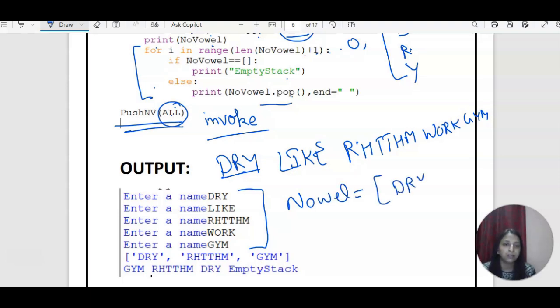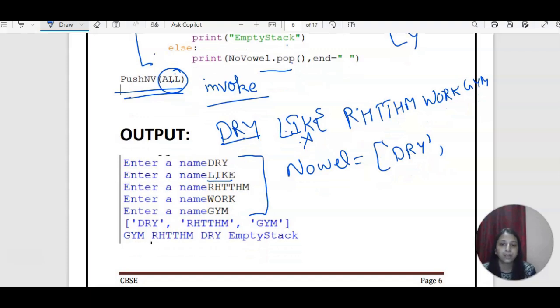So dry will come here. Next time L-I-K-E, I is a vowel, so this will not be added. Then rhythm will be added. Then we have O, O is a vowel, and then gym will be added. So these 3 values will be added into this.